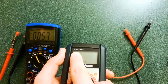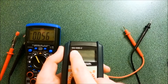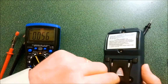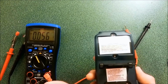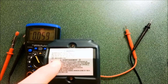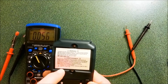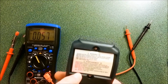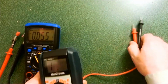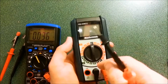So I'll give a good shot here. The model number of this less expensive one, which I do believe they still carry, 052-060-0060-2. There's a fuse located under here. This is a 9-volt battery that powers this, as you can see. One 9-volt NEDA 1604, and then of course, because I'm in English on that side, and then French down here because Canada. And of course, along with the manual of all this,